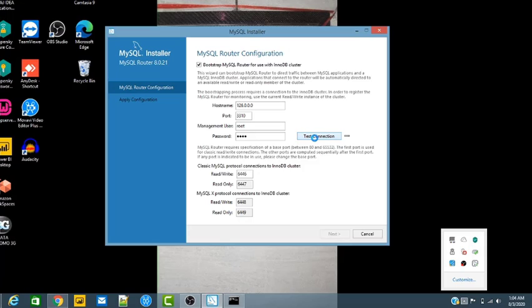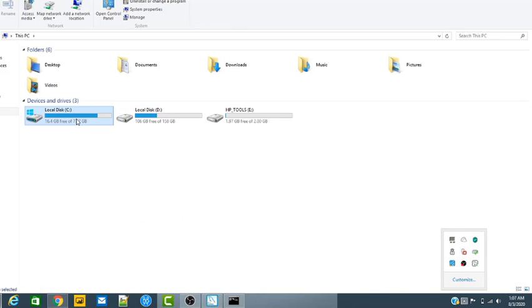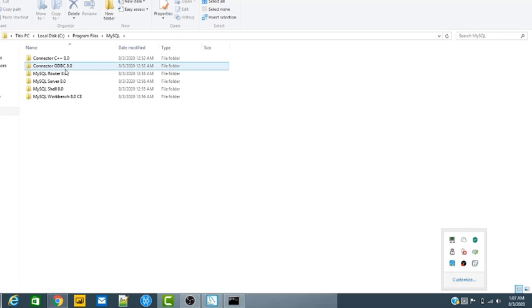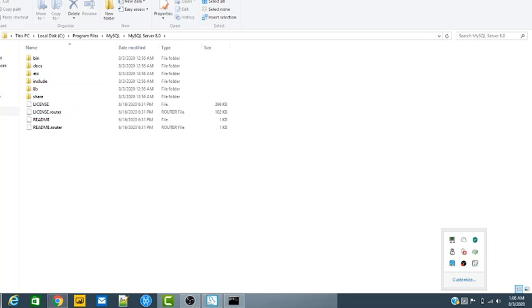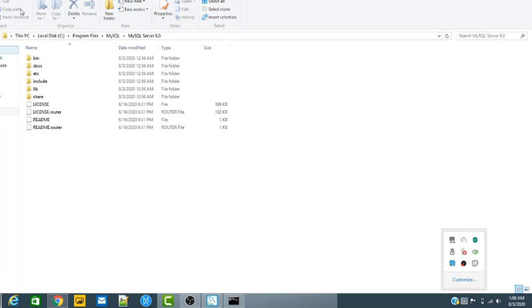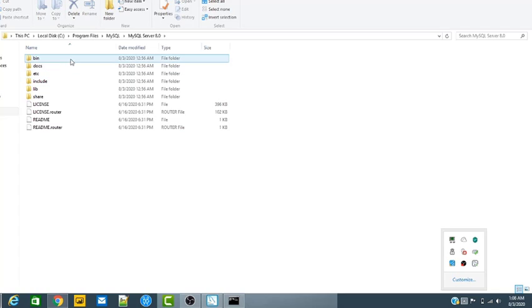So the test is failing, but we can use the command prompt for login. So here we go to the path where MySQL is installed, and directly get that path. After getting the path, we use the command prompt, that is CMD, for login, and we can test our schema also.